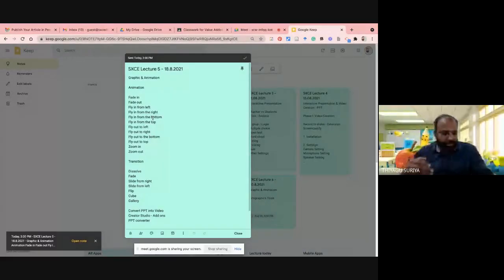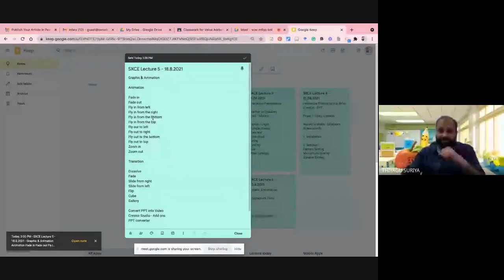Because still now we are discussing the Google Slides. In the Google Slides, we already described and discussed some of the good features, particularly the added features. But today I'm focusing on how we can make your presentation with animated effects through the Google Slides. Today I'm not focusing much on the animation tools as such; I'm going to talk about how we can effectively use the animated features or animated options which are available in Google Slides